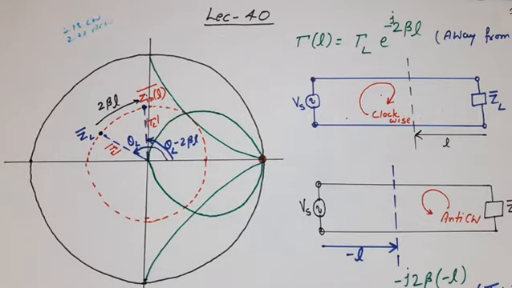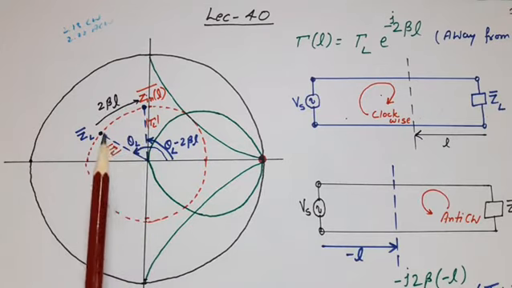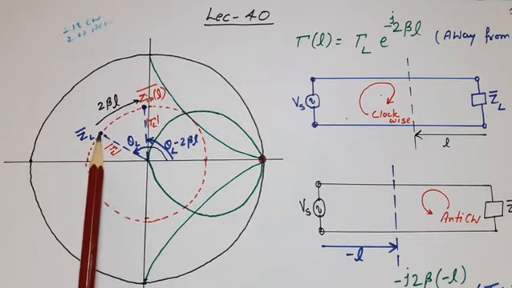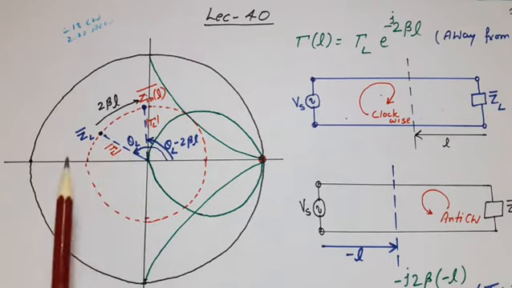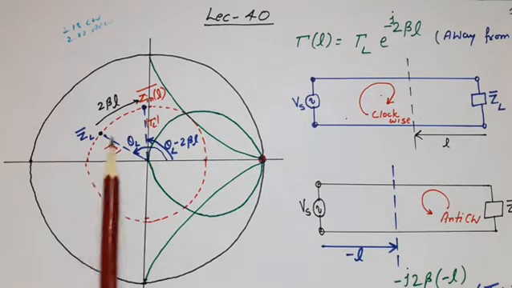In the previous lecture, we learned how to find the reflection coefficient at the load end and at any location small l from the load end by using the Smith chart. To get the reflection coefficient at the load end, just mark the normalized load in the Smith chart and then simply read the values of u and v on the horizontal and vertical axes respectively, where u and v are the real and imaginary parts of the reflection coefficient at the load end.